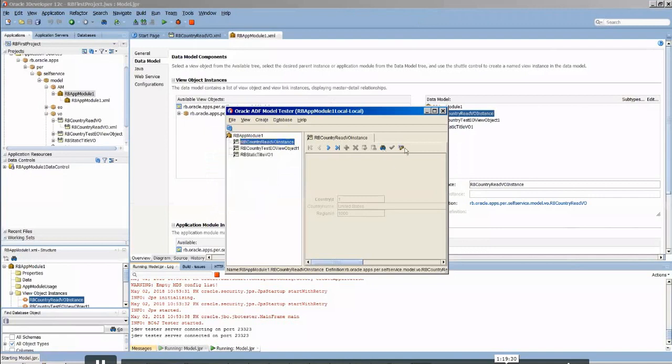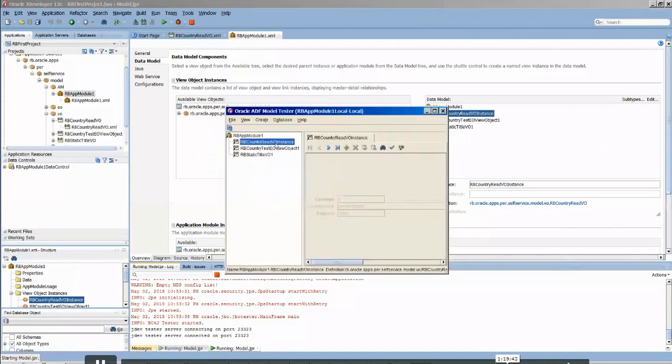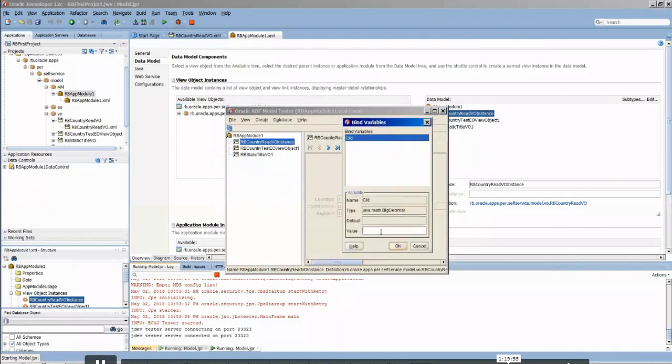Let me apply it again. So where is it? Apply the criteria. So I applied the criteria. Okay, so let's try to execute this again. Okay, so it has the bind variables now. So if we apply the bind variables,